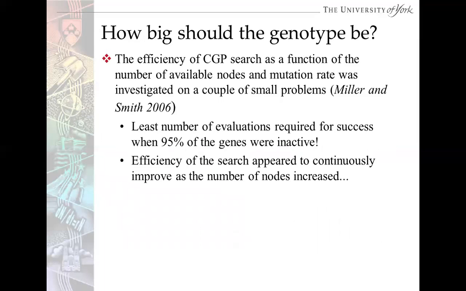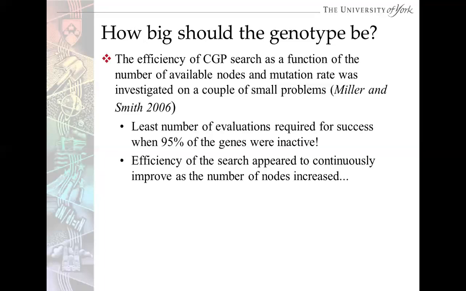How big should the genotype be? Well, we've seen that neutral drift is very, very important in CGP. So you might think, well, if I have a lot more redundant nodes, my search should get more and more efficient. So this was the motivation for a study by Miller and Smith in 2006, where they looked at the efficiency of CGP search as a function of the number of available nodes and mutation rate. And they did this on a couple of small circuit problems. They found to their surprise that the least number of evaluations required for success occurred when 95% of the